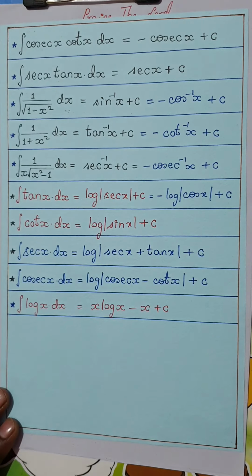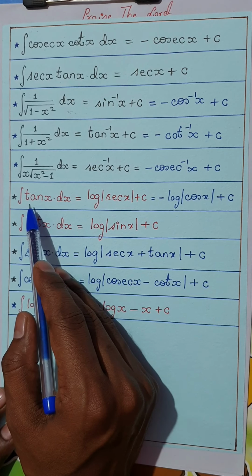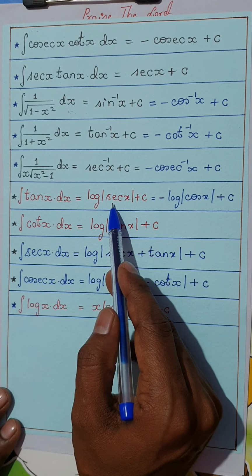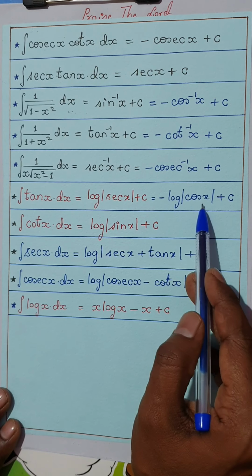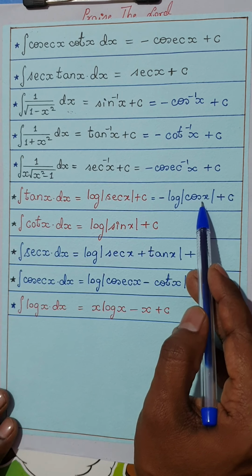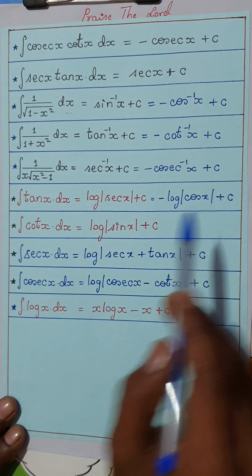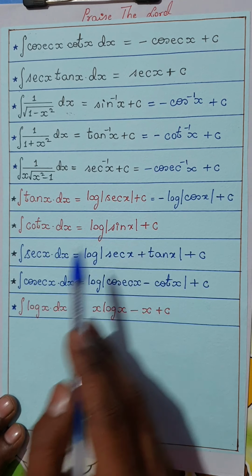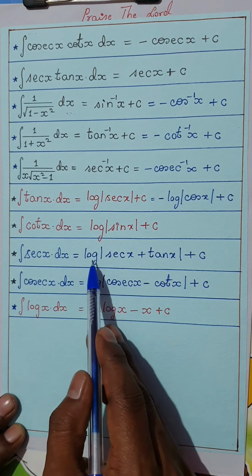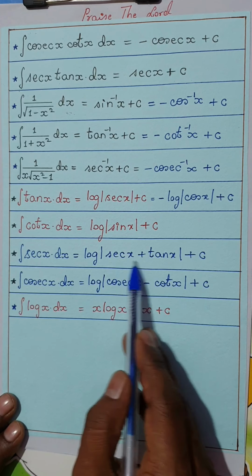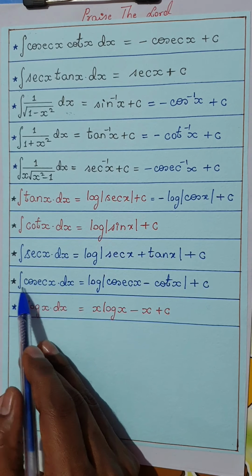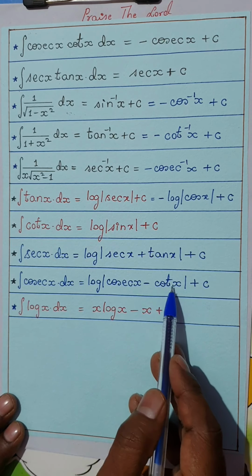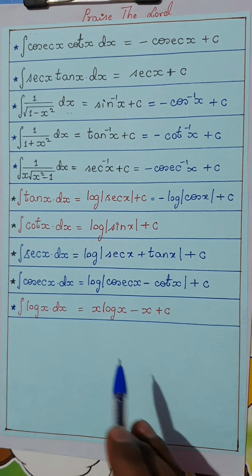Moving on to the special formulas, we all know the integral of tan is log of mod secant, or sometimes you can consider it as minus log of cos x. We have already seen the proof for this. Now the integral of cot is log of mod sin x. The integral of secant is, remember, log of mod secant x plus tan x. Similarly, the integral of cosecant x is log of mod cosecant x minus cot x, okay, minus cot x.